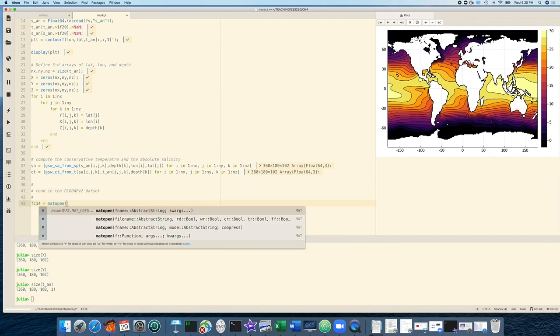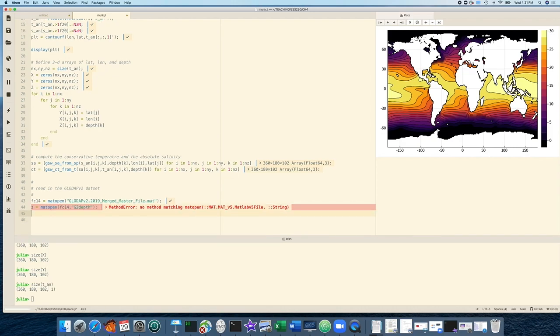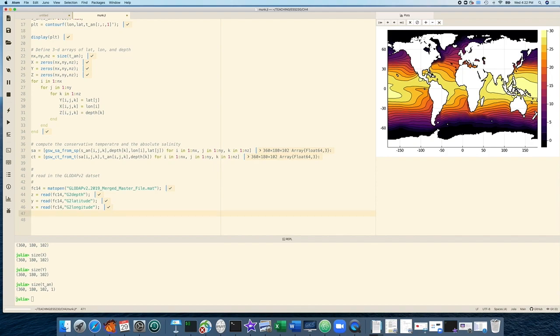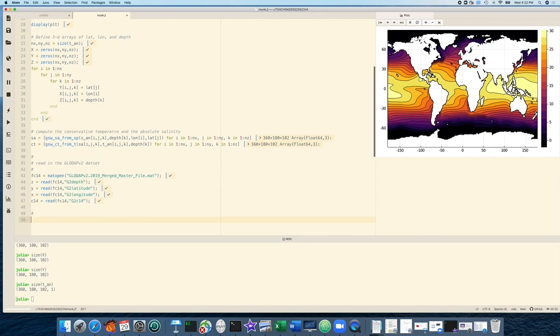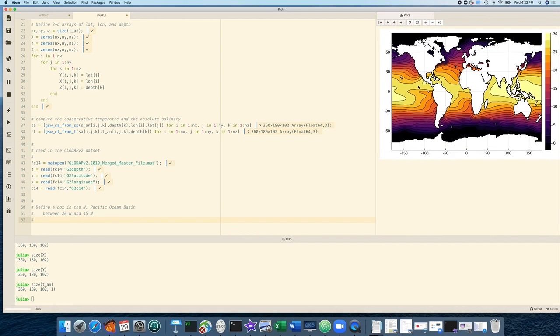Alright, so now we're going to read in the GLODAP v2 data set. First we open the file, and then we read in, first I'll read in the depth, and so that matopen should be read. There's a mistake there. There we go, that should be, yeah, read. And then Y is going to be the latitude, X is the longitude, and C14 is the delta 14C values. And I'm going to use lowercase xyz for the radiocarbon data set, and uppercase XYZ for the World Ocean Atlas